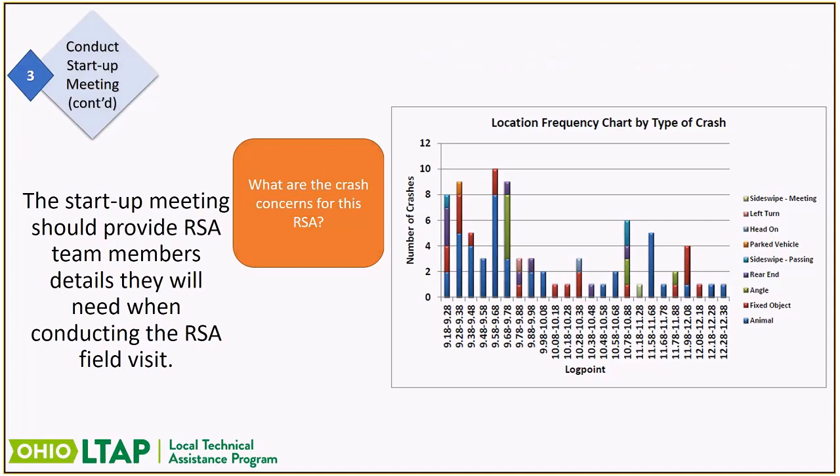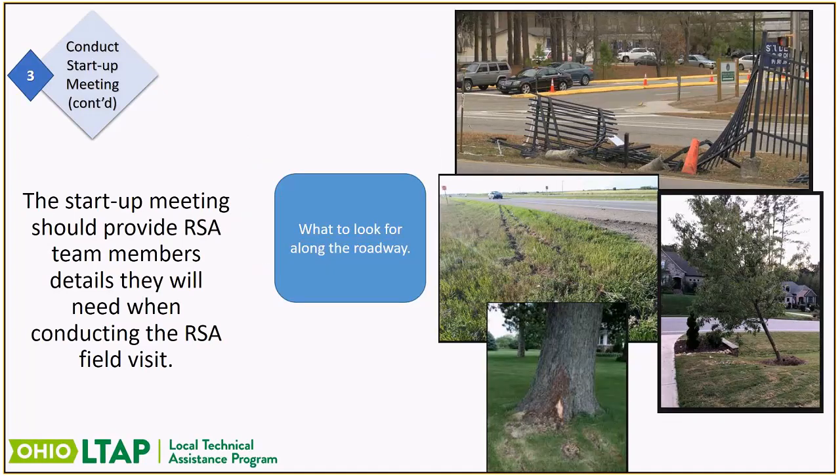But this gives you a better feel for what type of crash is happening and at what section of the roadway. And then when you're actually out on the road, you want to make sure that people are aware to look for environmental clues. With the environmental clues, it's not always a data piece that's going to come out of one of those charts. I think the most common environmental clue we find is a tree that's obviously been hit